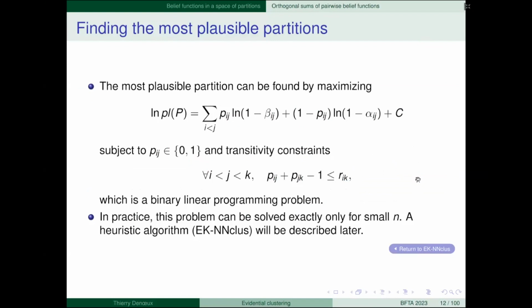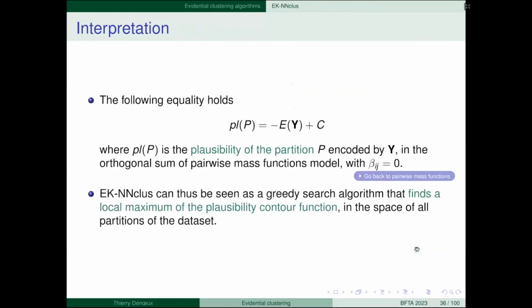In this model, the log of P with all the beta ij equal to 0, so we don't have this term, but only this term, is the same up to some sign as minus our energy function plus some constant. So when the algorithm minimizes the energy, it maximizes the plausibility of the partition.